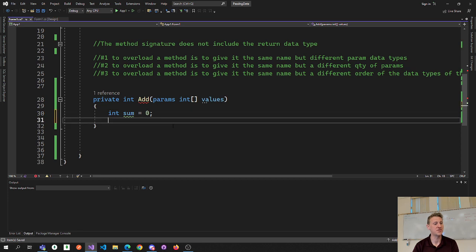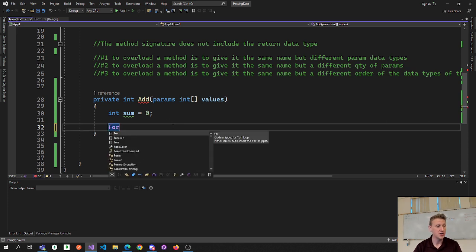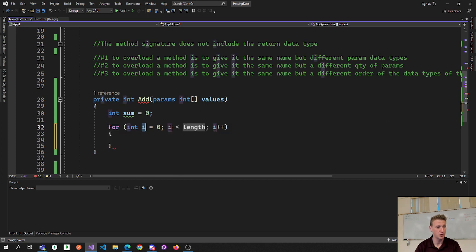I'll start sum off at 0. Because we don't know how many elements are in our array, we just need to loop over them. You can do a shorthand foreach loop, or you could just do a regular for loop, because I think we're probably a little more used to seeing a for loop. I'm just going to do a standard for loop,